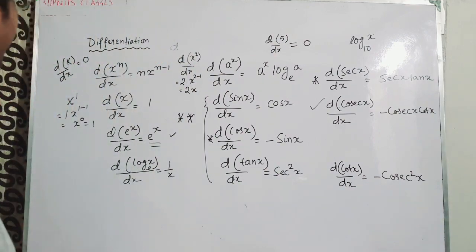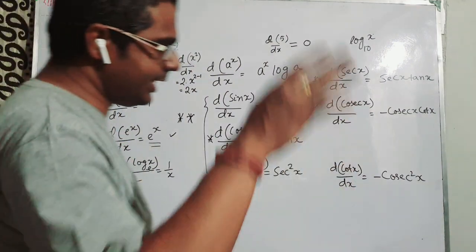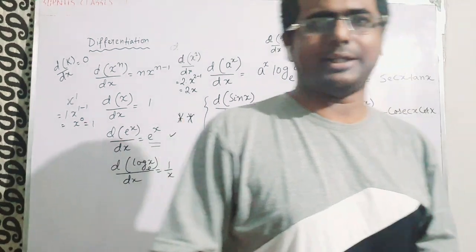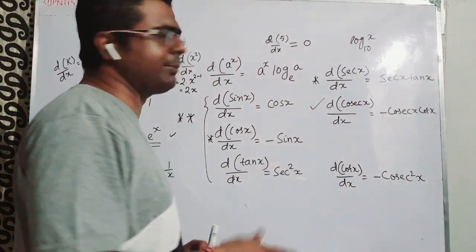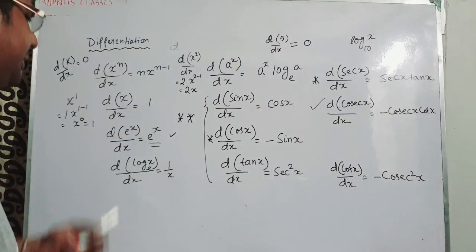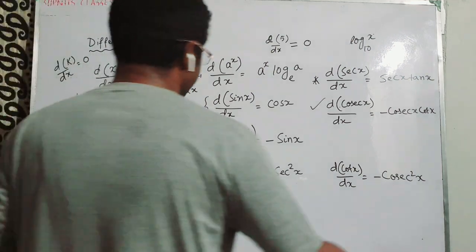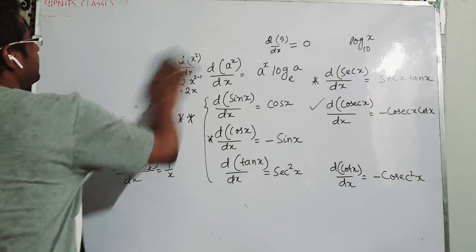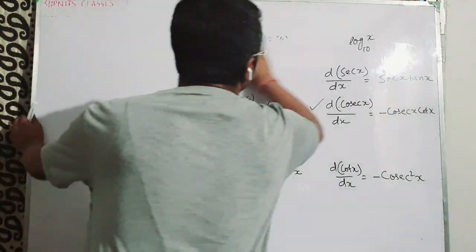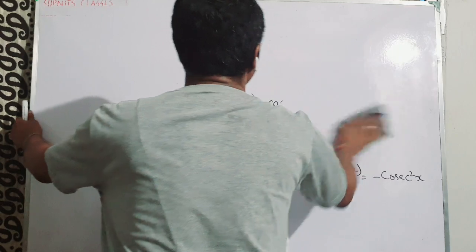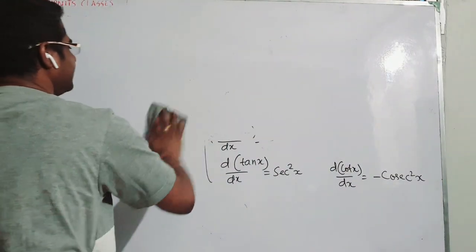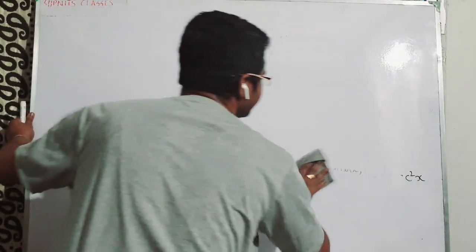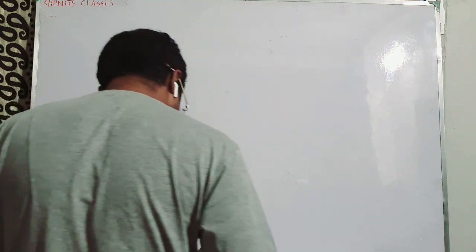Clear guys? So write them down, and for JEE guys, I think a list is given in your material. You have to remember all of that, and even if you don't write them down, everything is in there, but I would prefer that you write them once, and then you automatically remember. So we'll try to do some examples of differentiation so that you get a fair idea of how to deal with this kind of problem when it comes in physics. Okay, so we'll take some examples from a book.